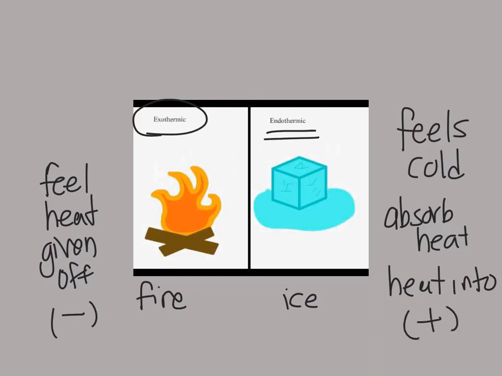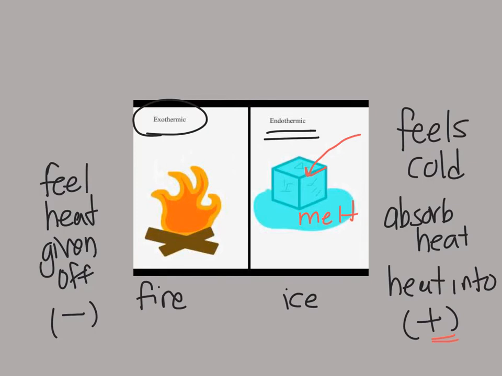Okay, so think about it. You don't feel cold, you feel a lack of heat. So the heat from your hands is being absorbed into this ice cube. The heat, and we'll show it as the red, from your hands is going into the ice cube, causing it to melt. It is transferring from a hot situation, which are your hands, into the ice cube, which is cold. The heat goes from the hot to the cold, and it goes into that reaction,